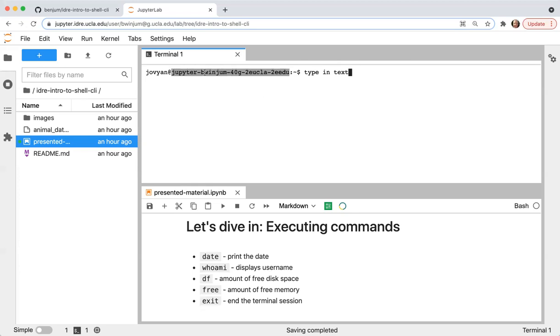This is my username when logging into the JupyterHub. Your username is based around your email address. I'm not sure actually what it will show if you're accessing this through Binder. But this, for example, is a re-rendering to make my username more friendly for the system from my email address, which is bwinjim@g.ucla.edu.